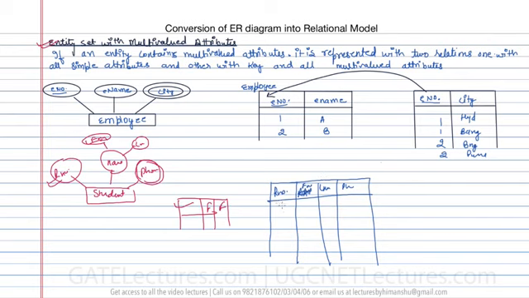So assuming roll number is 1, student name is Ram, last name is KR, and the phone number is 9821 something. Again roll number 1, Ram, KR, phone number is 9560 something. Again roll number 1, Ram, KR, phone number is 9912 something, right?